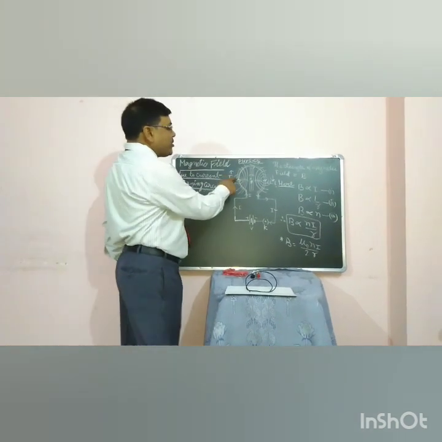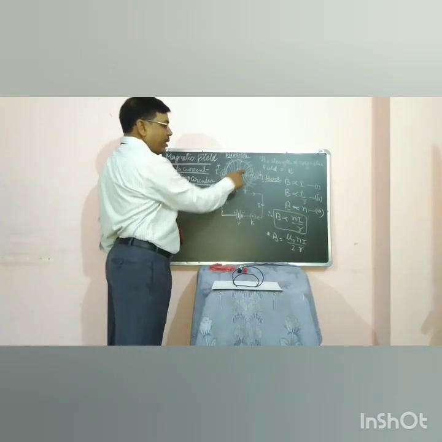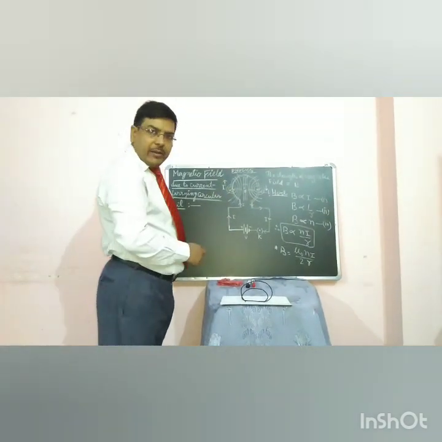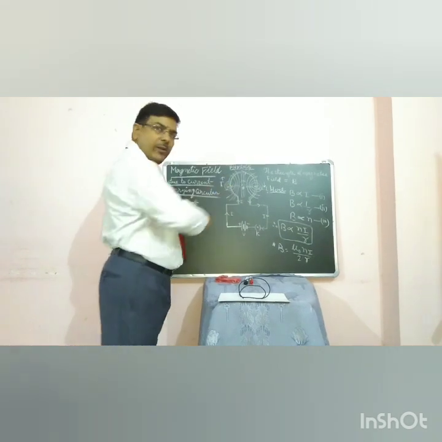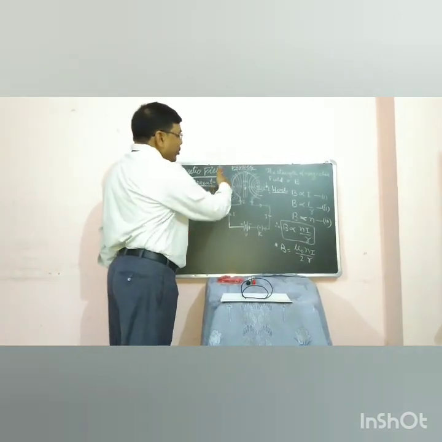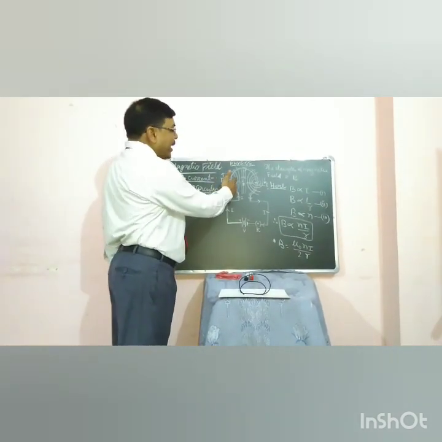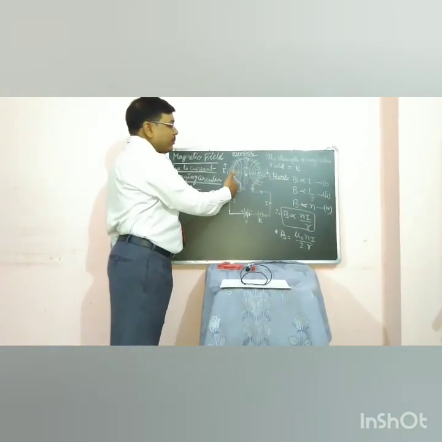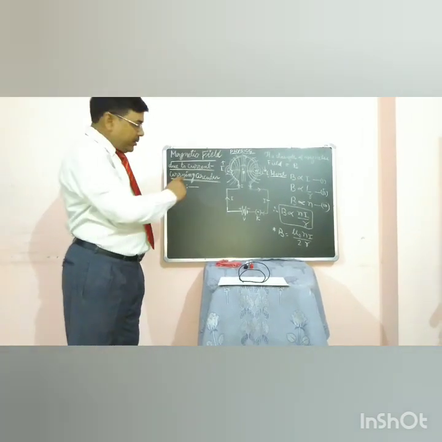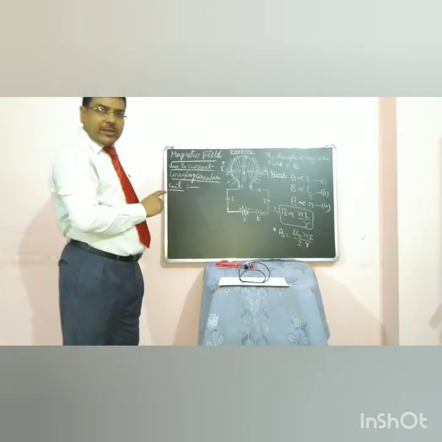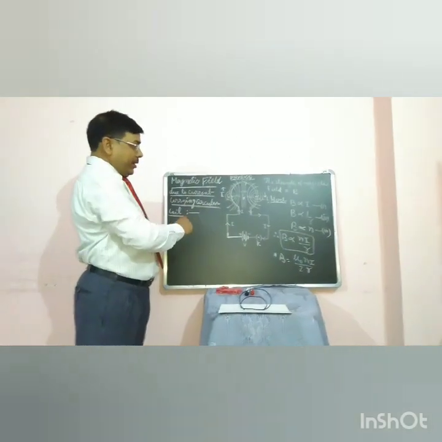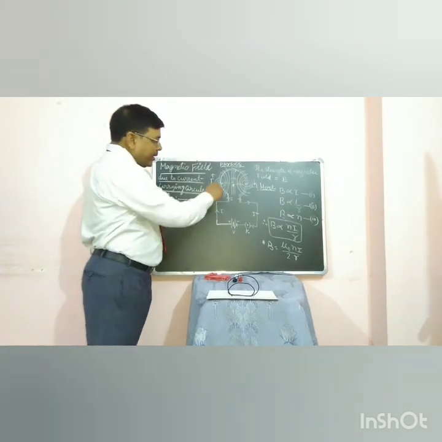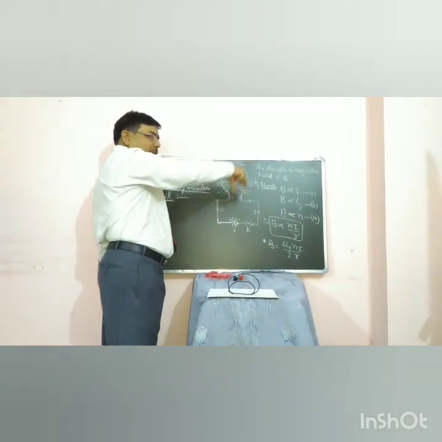Supposing there are two points, first point and second point, and we apply the right hand thumb rule here. Then we use this rule to find the direction of the magnetic field. Here the direction of the magnetic field is anti-clockwise, where the current is in upward direction. And on the other side, when the current goes down, the direction of the magnetic field is clockwise.